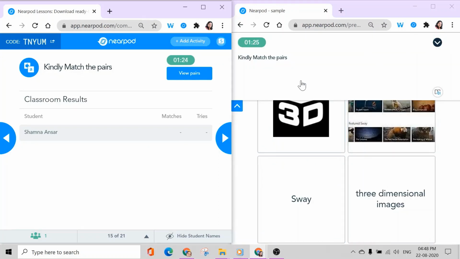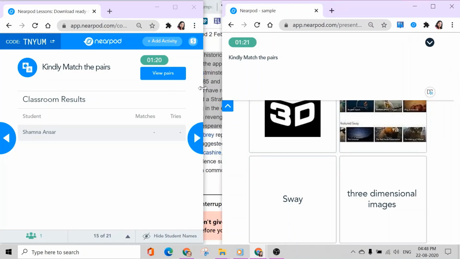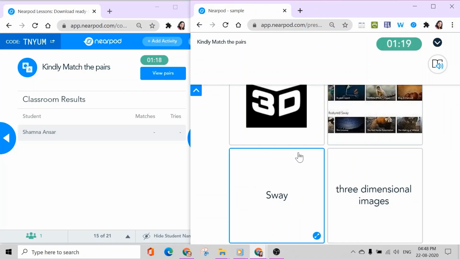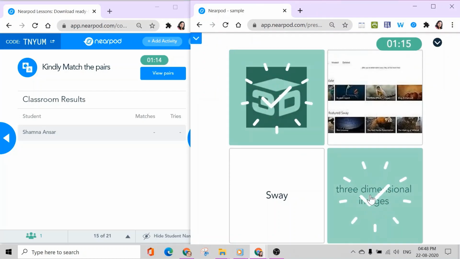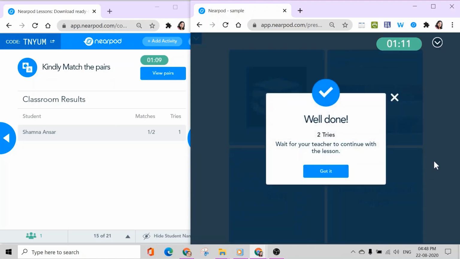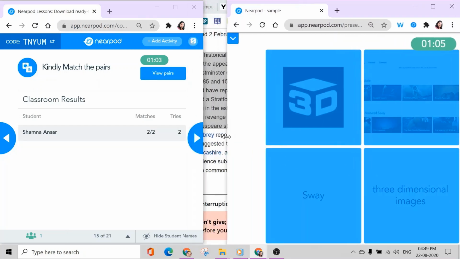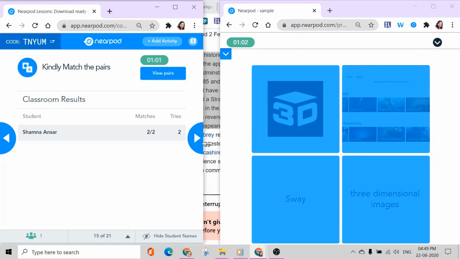Here this is the student view. Three-dimensional image, and this is 3-dimensional image. Sway and sway. Well done. 2 tries. Wait for your teacher to continue with the session. Yes, it shows that